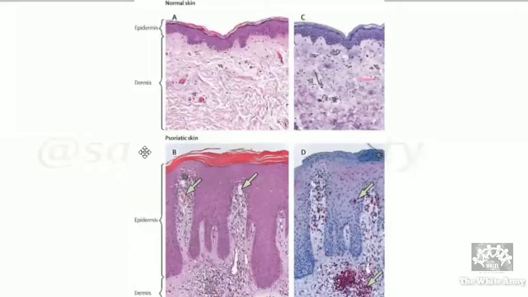So the Auspitz sign, if I can describe the clinical Auspitz sign here. When you scrape with a glass slide, the scales which come off are nothing but the loosely attached layers of the stratum corneum. And there is a shiny Berkeley's membrane, as we call it, after you scrape the scales. That is nothing but the very thin epidermis. So when you scratch again, this thin epidermis, the suprapapillary thinning, will show the visible dilated capillaries. That is nothing but the small tiny bleeding spots in the Auspitz sign. So that is the clinical and histopathological correlation, right?